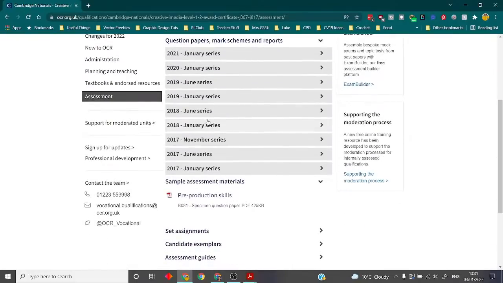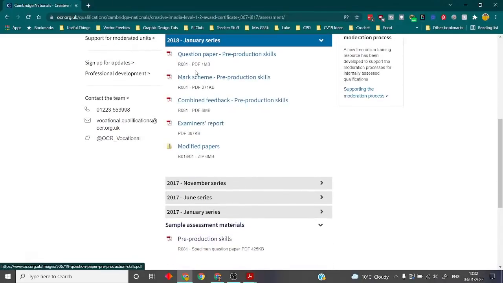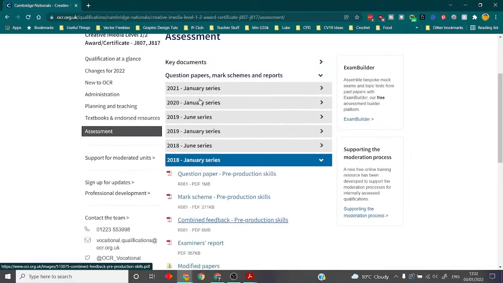So here are, going back to 2017, the exam papers for R081. Now, there's 2 of those per year, so June and January. Don't know why there's a November one there. That must have been a one-off. And you can access these completely free. They're not locked down. Question papers there. Mark schemes there in a lot of cases too. And this is a really great way of revising for the exam.